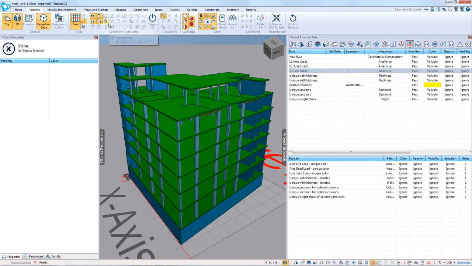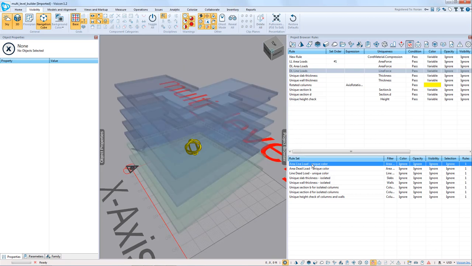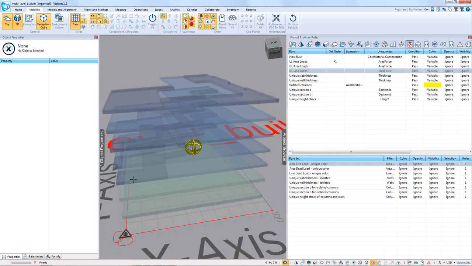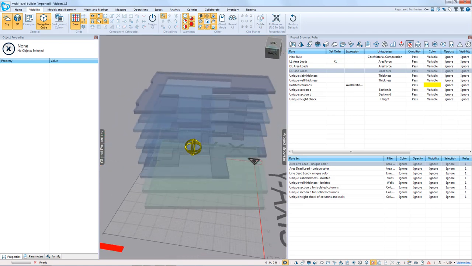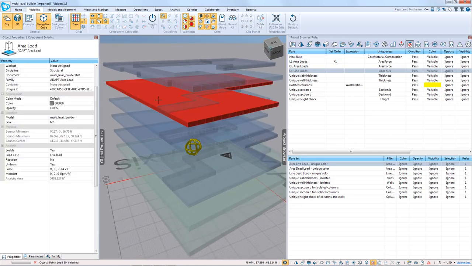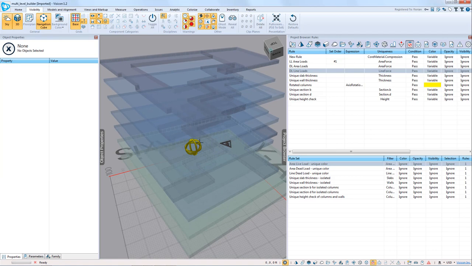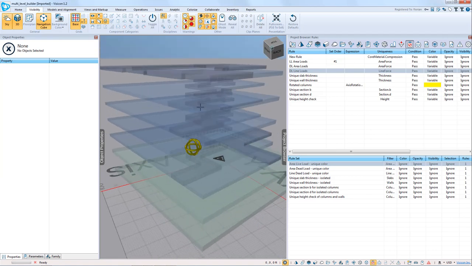I'm going to turn on our loads again because we're going to do some quality control on our loads. I'm going to select this area load rule set. So what you see here is this uniquely color codes all of the applied live loads. I can see that I have two types of live loads applied here. So this would be a live load of 40 pounds per square foot, and then I have superimposed for the corridor 60. So I can now with confidence know that for my typical levels, because I can see that I have this uniformly applied, that I have the 100 pounds per square foot of cumulative load in the corridor areas